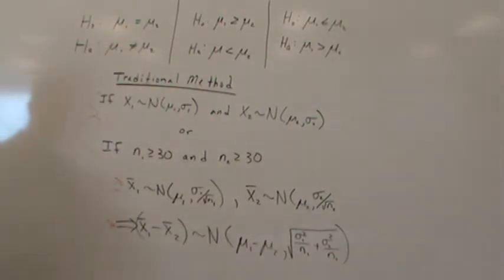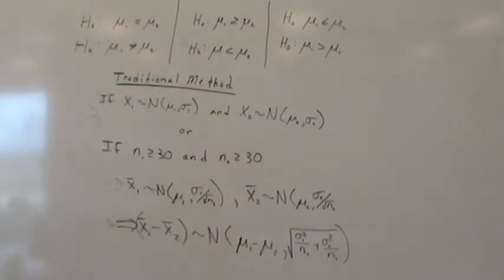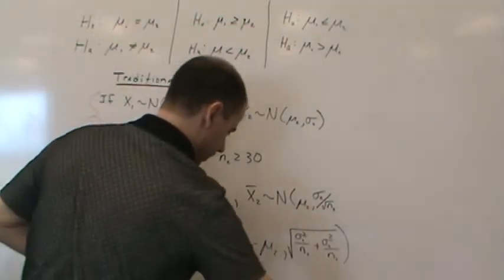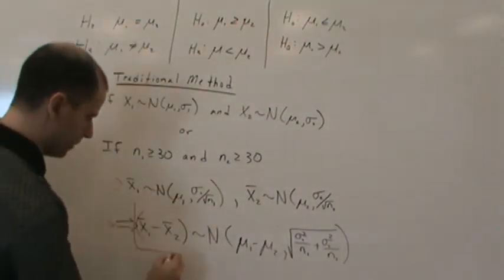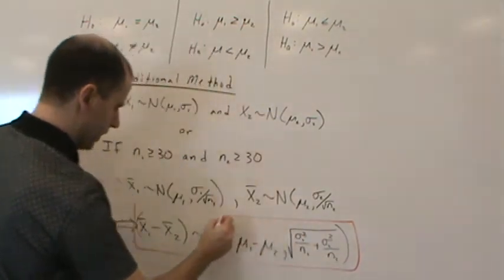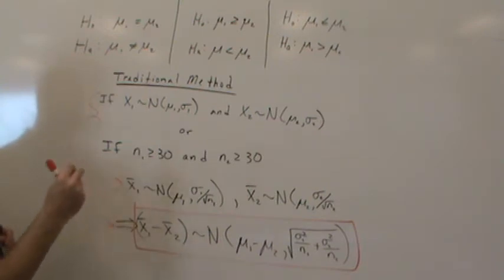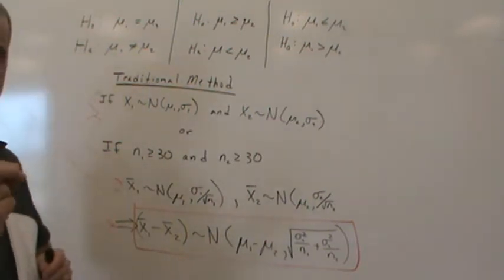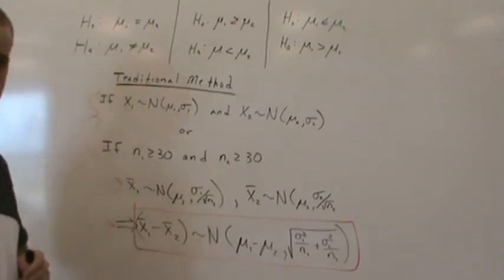And so this, let me use a different marker. This is what we're going to use in our 7 steps of our hypothesis testing. So when we calculate our test statistic, or we calculate the p-value, it's going to be based on this distribution,